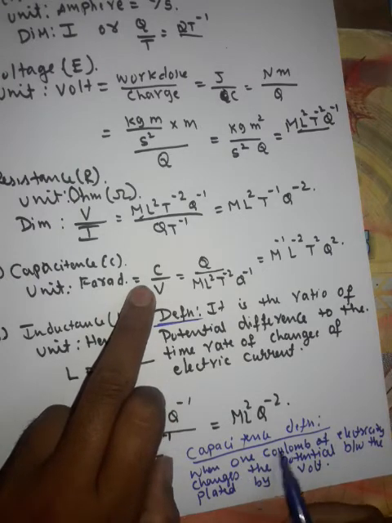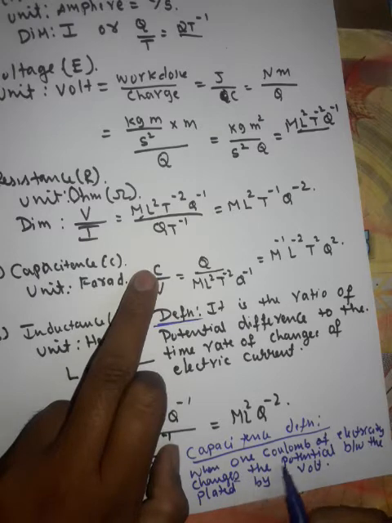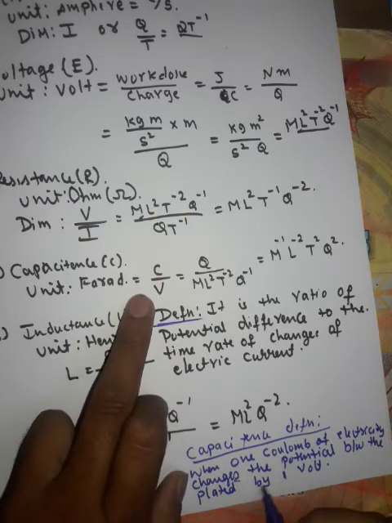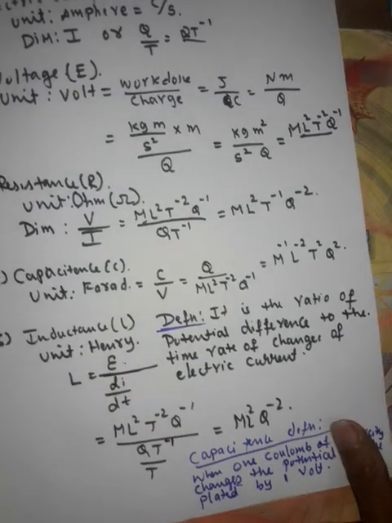For capacitance, 1 coulomb of electricity, that is C, changes the potential between the plates by 1 volt. So in the denominator I have taken V. Okay, now